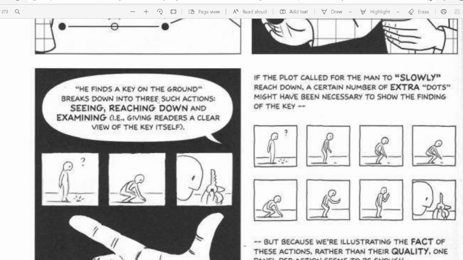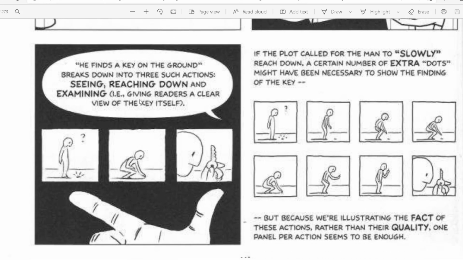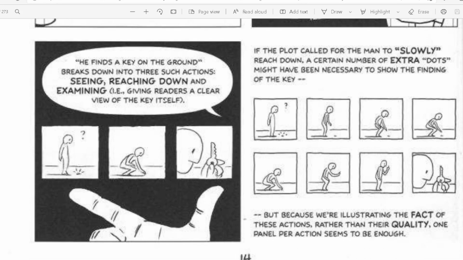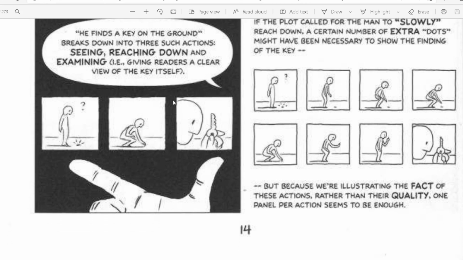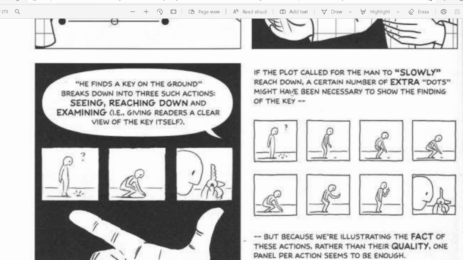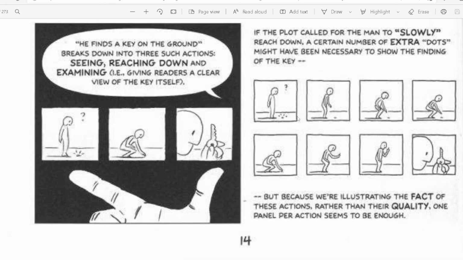He finds a key on the ground, which breaks down into 3 such actions: seeing, reaching down, and examining, giving readers a clear view of the key itself. If the plot called for the man to slowly reach down, a certain number of extra dots might have been necessary to show the finding of the key.